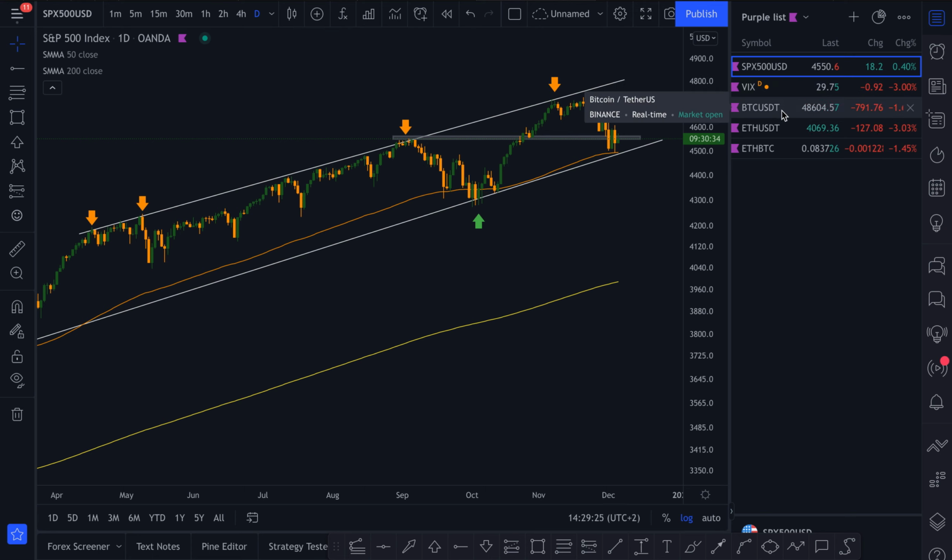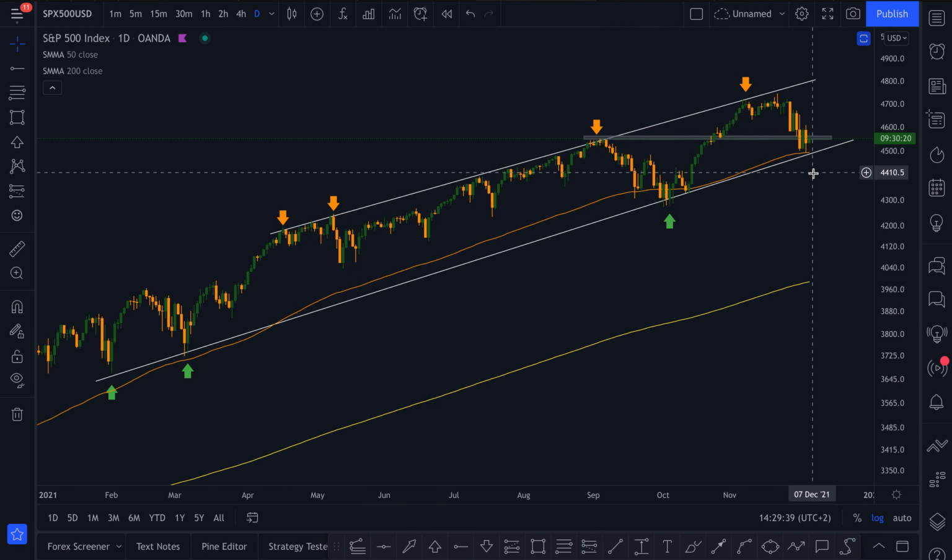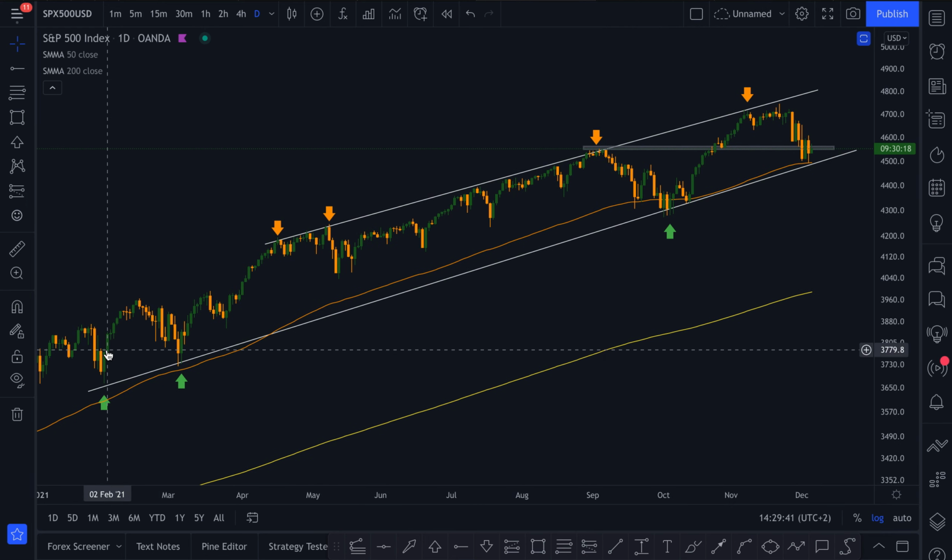Next up, we're going to see how that links into Bitcoin and Ethereum and why I believe for the last part of the video that we are entering potentially an alt season right now and another scenario for the crypto market. So first and foremost, what we can see is the S&P 500 longer term chart.